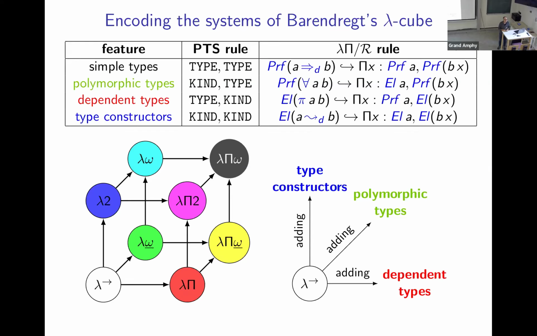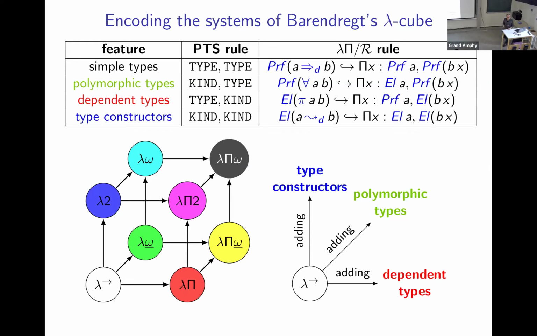The axes are swapped for polymorphic types because lambda 2 is the polymorphic. Yeah, so this is the correspondence in PTSs. I mean, this cube, and yeah, the names are a little bit different. So when you are talking about logic, here the arrow is the implication, and so at the bottom you have the propositions, at the top you have the sets.